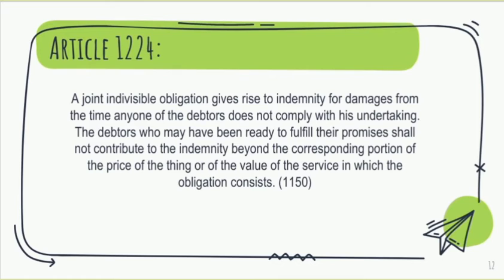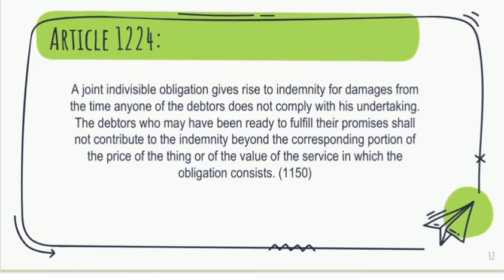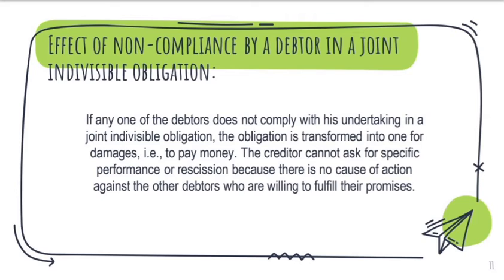Now let's proceed to Article 1224. A joint indivisible obligation gives rise to indemnity for damages from the time any one of the debtors does not comply with his undertaking. The debtors who may have been ready to fulfill their promises shall not contribute to the indemnity beyond the corresponding portion of the price of the thing or of the value of the service in which the obligation consists. So basically, this article talks about the effect of non-compliance by a debtor in a joint indivisible